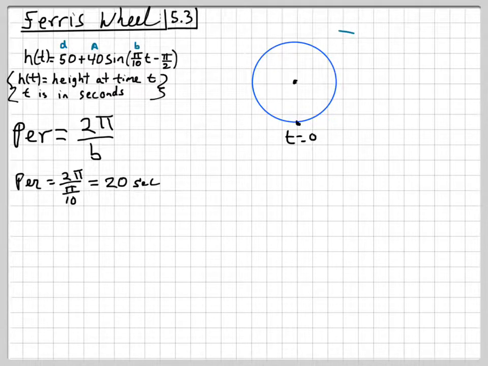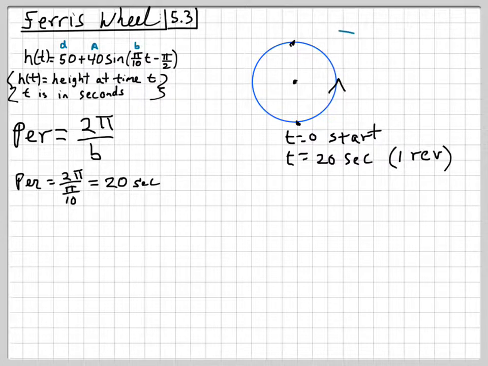I'm going to sketch that with a circle, and if we start at the bottom at time equals 0. So if we do that, then one trip around the circle, or the Ferris wheel, as we noted earlier with the period, should take us exactly 20 seconds. 20 seconds for one revolution. And